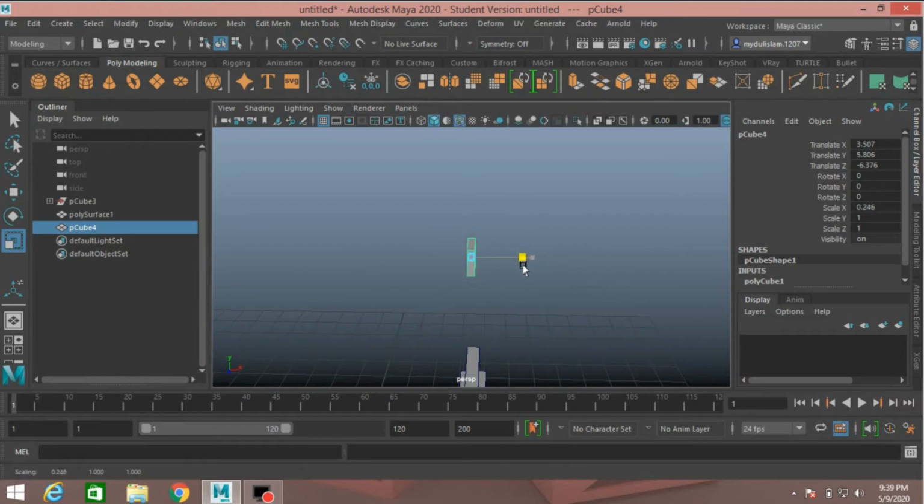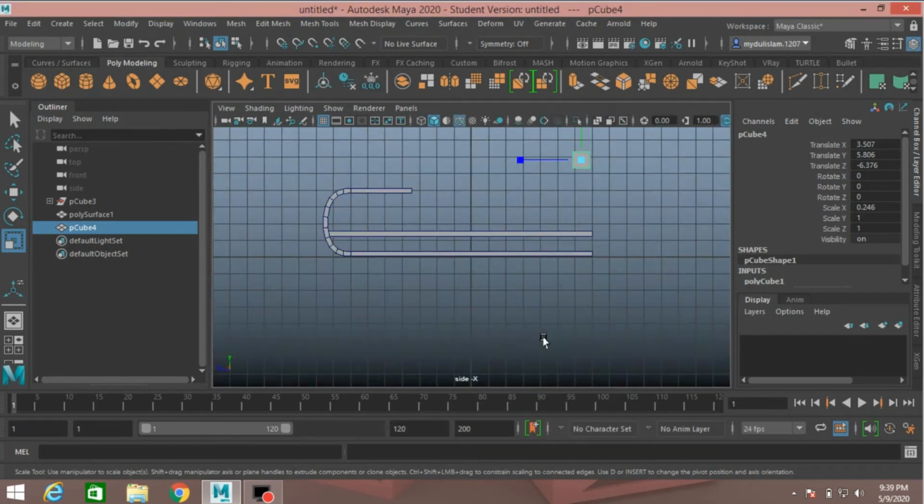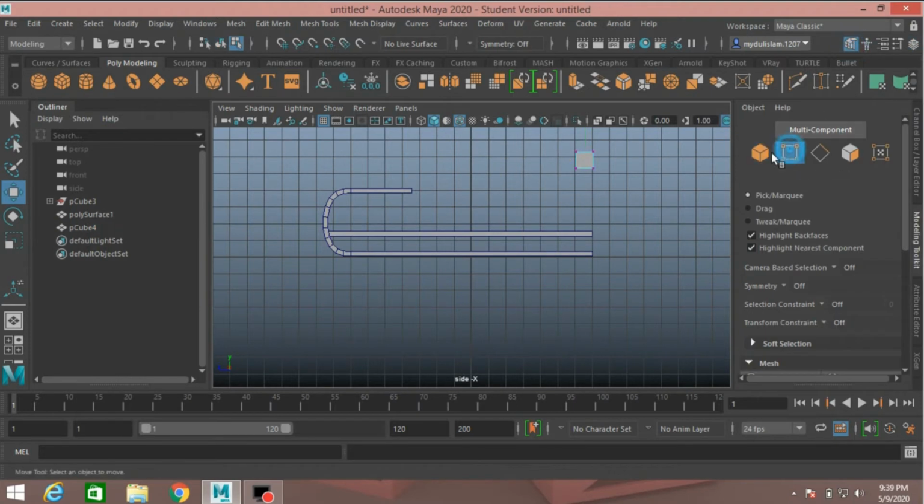Scale to make it thin. Now go to side view and move it to adjust to this grid line. Now go to vertex mode, select this vertex and move it here.